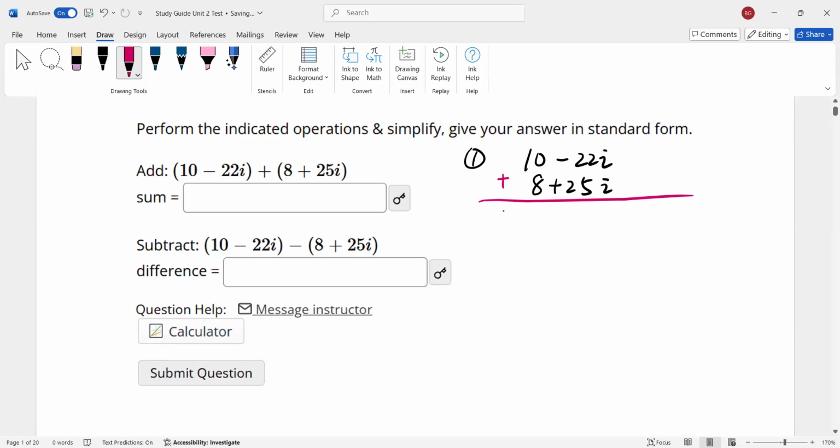We actually could add two complex numbers vertically. If you like it, we can add them vertically. So align the real part and the imaginary part and the imaginary unit. Because both of the two complex numbers are already in the standard form, a plus bi, just align them